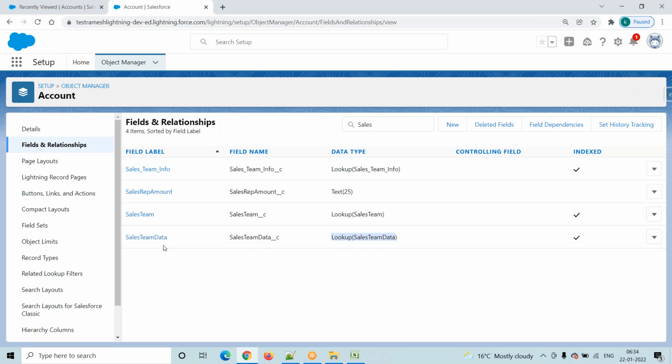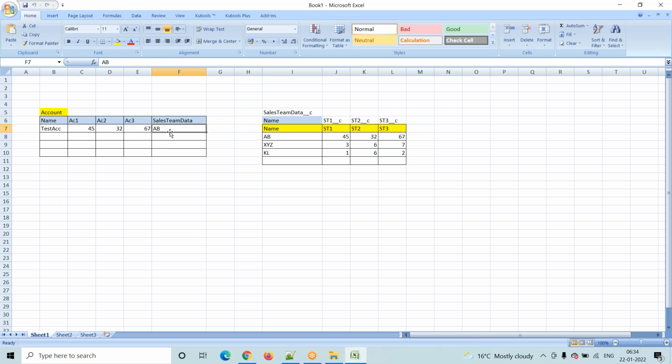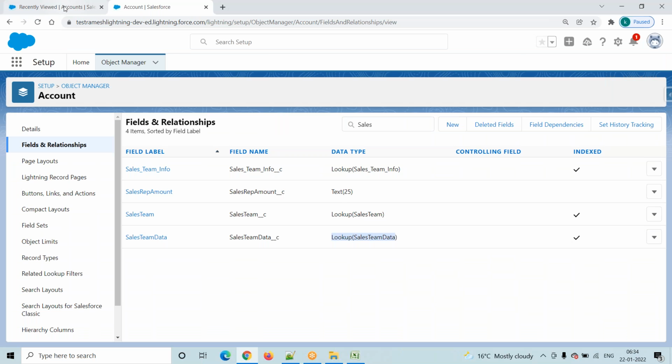Account is a child object, and Sales Team Data is a parent object. In addition to that, we created some custom fields like AC1, AC2, AC3. All these are custom fields at the Account object level. Now, my requirement is,